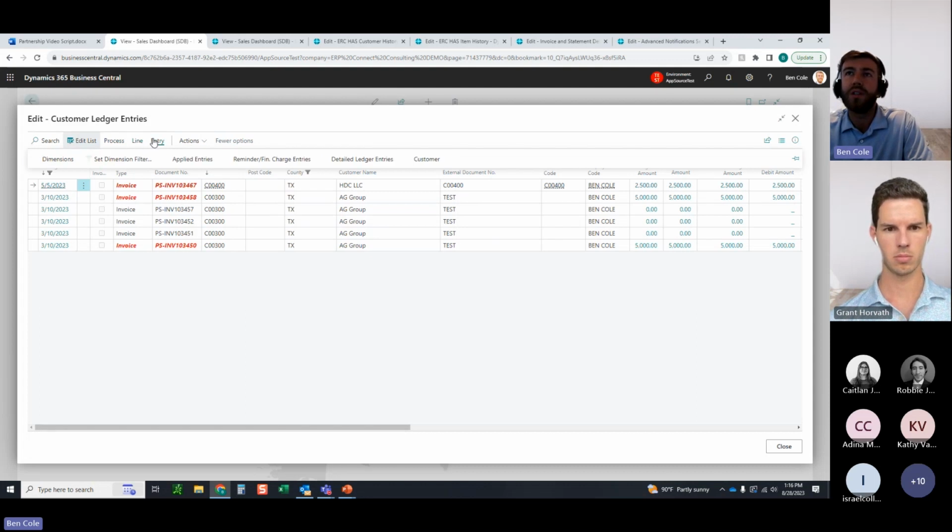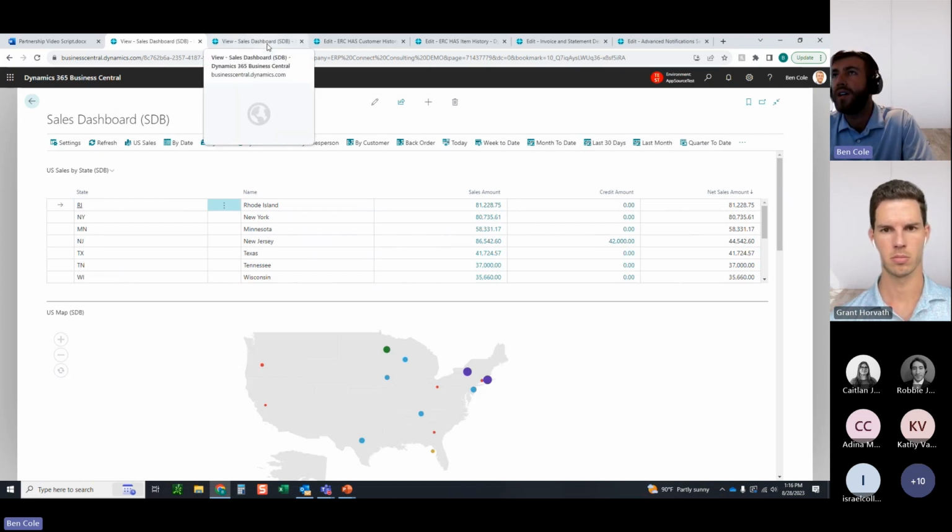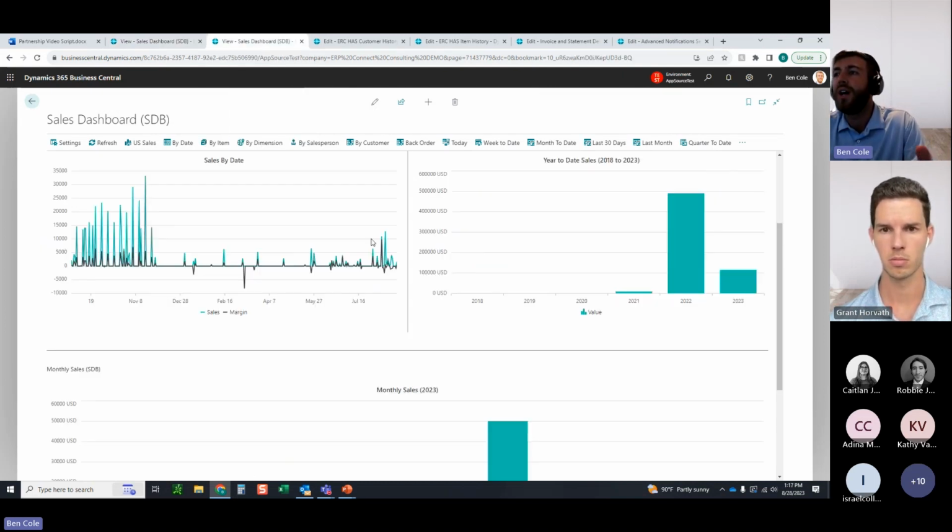You can show the documents, you can look at the dimensions, you can look at what's already applied. All those native functions, because we're just utilizing the out-of-box built-in Business Central tables and pages and fields, right? So kind of going off that, the sales dashboard is a great way to do a deep dive into all